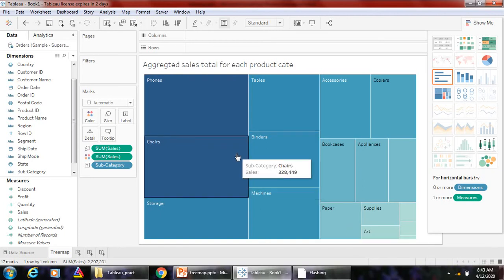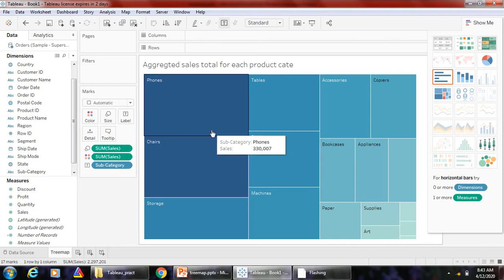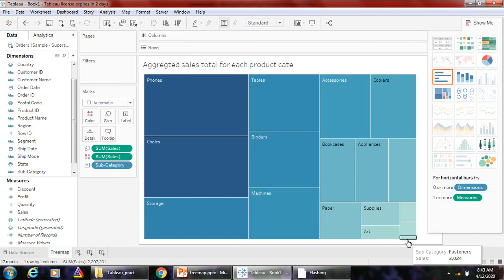So from this tree map you can easily identify which products have the highest value for sales and which products have the lowest value for sales. So you can say the phones product subcategory has the highest sales value as its rectangle size is larger and its color is darker. And you can say the fasteners subcategory has the lowest value for sales because its rectangle size is smaller and its color is lighter.